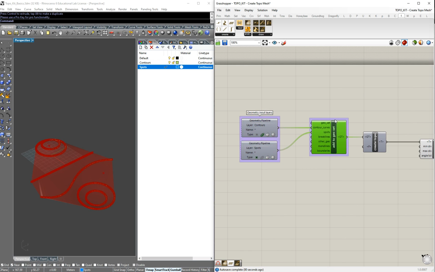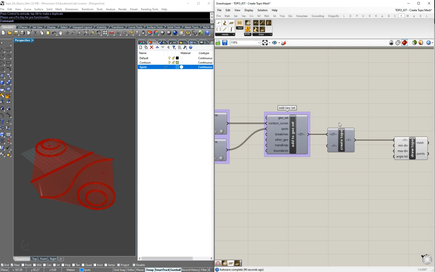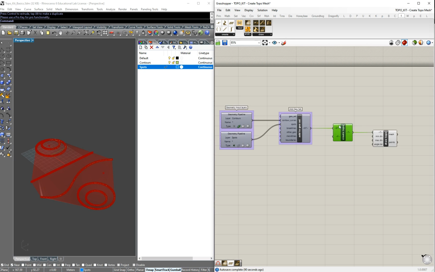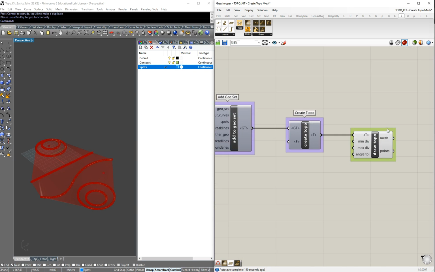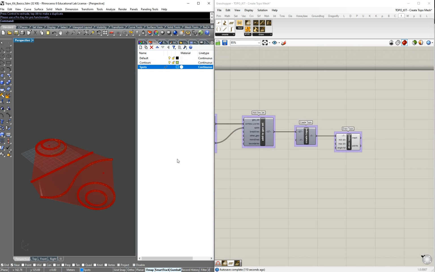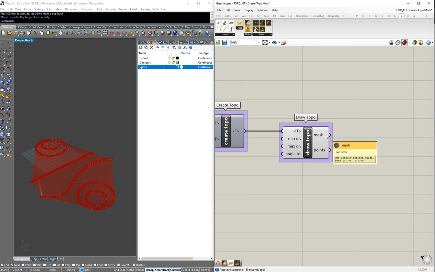This is create geoset. Sorry, geoset. And this is create topo, and then we have here the topo mesh. So this is draw topo. Okay, once we have this, we're also going to get a mesh, so we can create